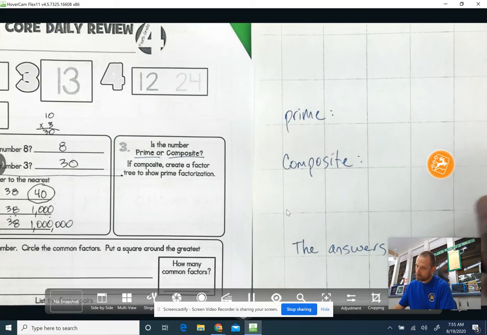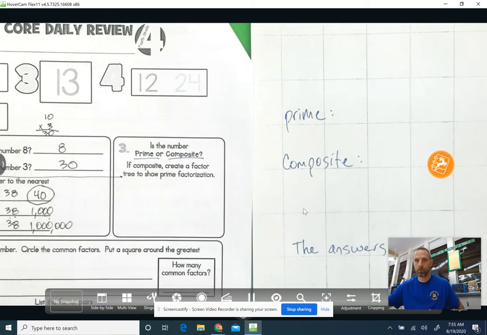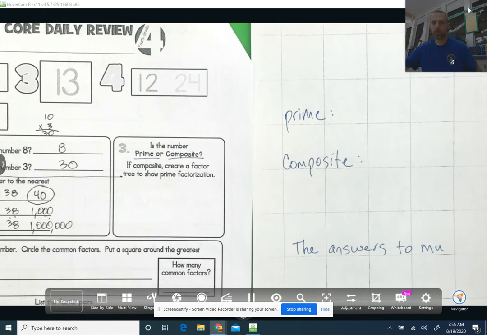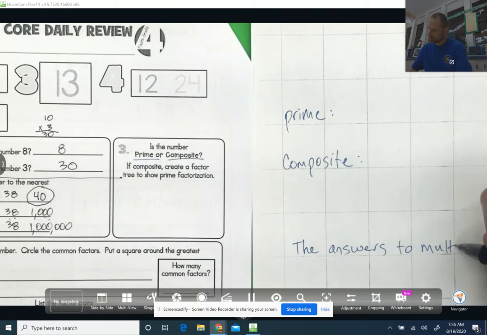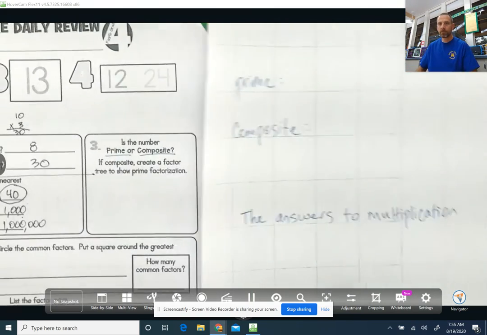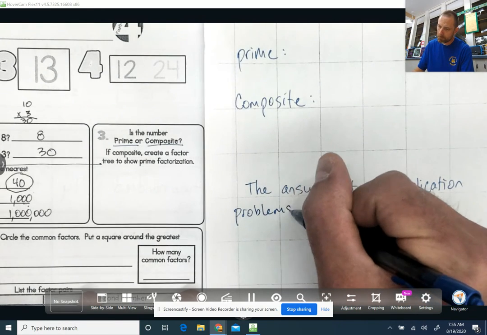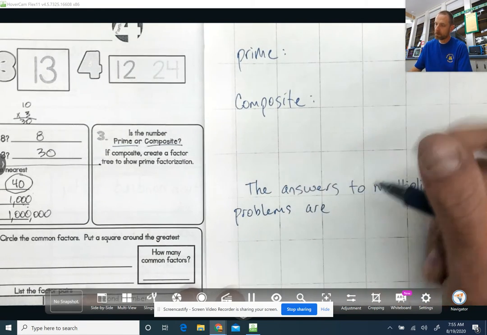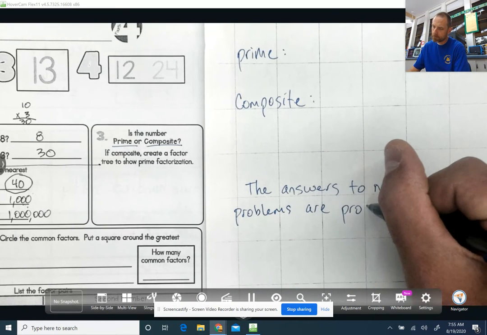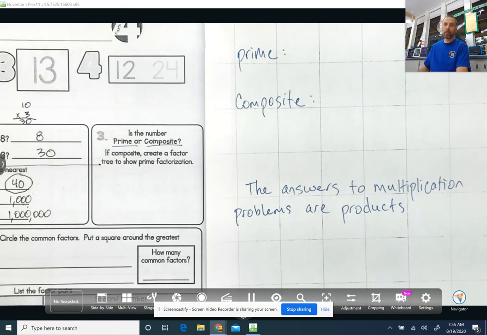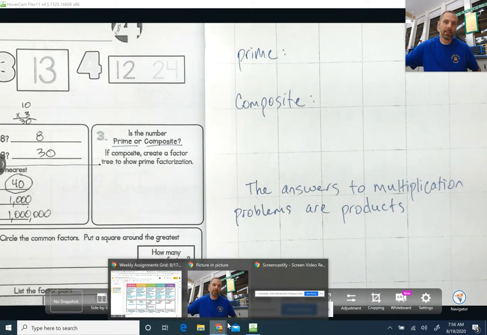The answers to multiplication problems are called products. Okay? But there's also another term that we can call the answers to multiplication problems, and that lies inside of